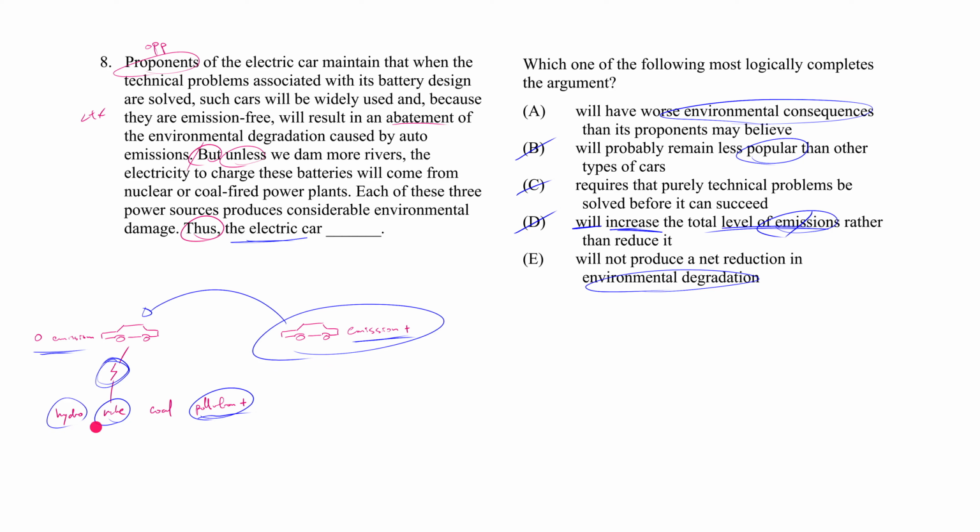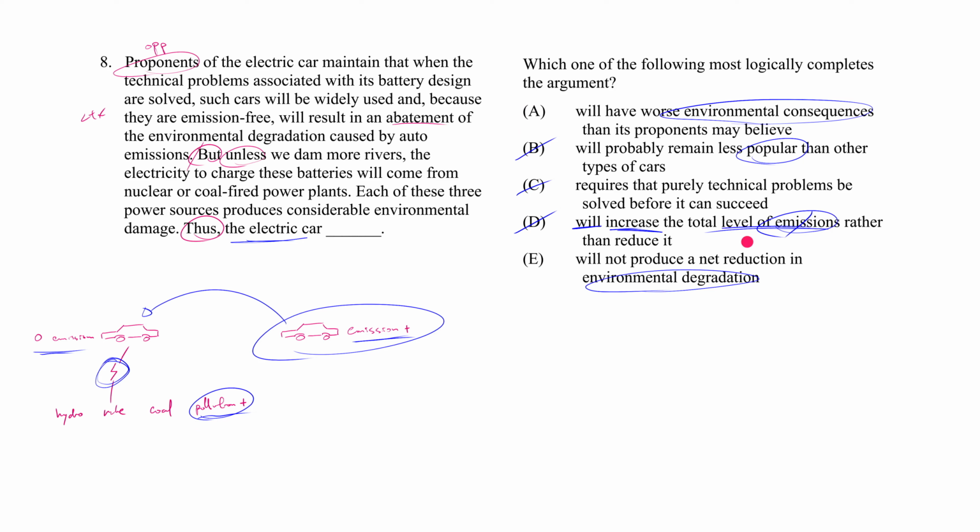For hydro plants, I'd imagine it's something about how you might disrupt downstream ecosystems or mess up upstream ecosystems, right? Okay, for coal plants, maybe it is about emissions, right? Coal is probably emissions. But anyway, the point is, A and E are better than D for sidestepping this error,